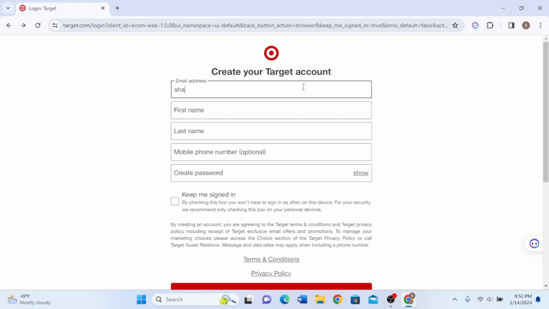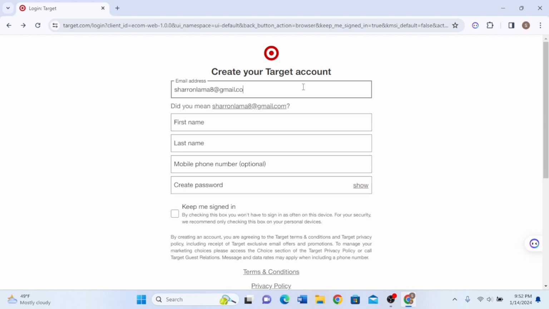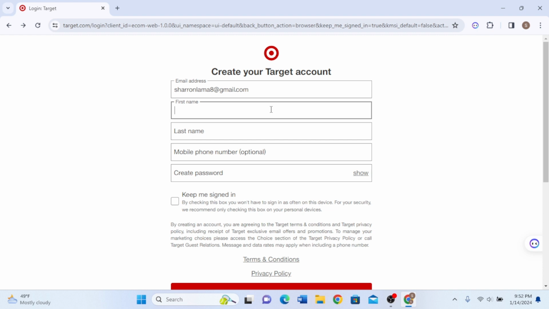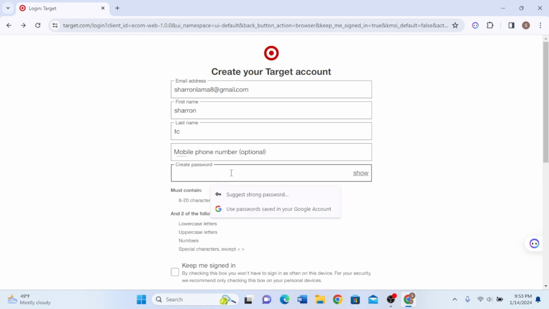So you simply have to type your email and your first name and your last name as well, and also your phone number. And it is optional, but if you want to provide your phone number in your Target account, you can do that as well. And you have to create a password,